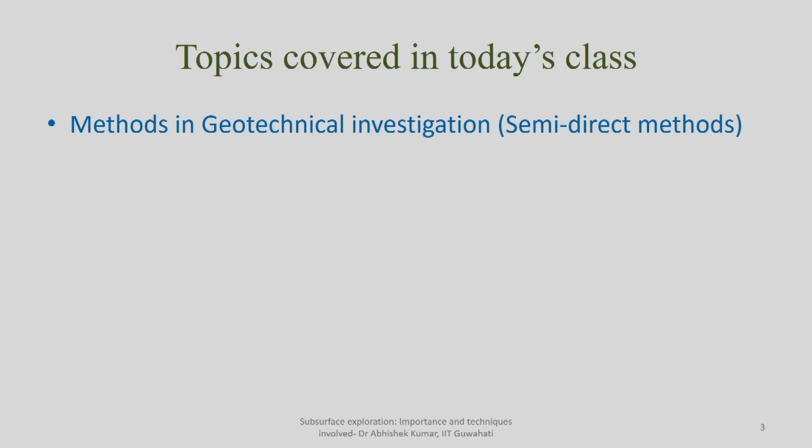Now when we started about test pits and trenches, we discussed that those are direct methods, because you are actually able to see the different kinds of soil layers available at different depths, their natural condition, strata position, even moisture content if you report it properly. So those are called direct methods. But as we mentioned, though such methods give you an undisturbed sample, generally we do not go for larger depths, because you have to go for trenching, and as you go deeper and deeper you have to make more and more arrangements, considering the extent of area you can actually dig.